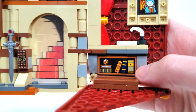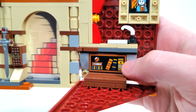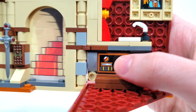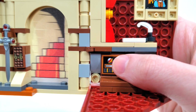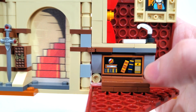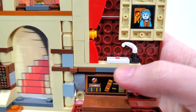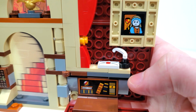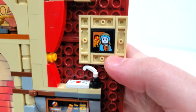Down here we have some books, one of which actually being another Hogwarts moment, the herbology book. We also get a reference to Neville's Remembrall, which I think is really cool, with a bit of red in there to note that he's forgotten something. We have a 1x2 print for a letter, a nice ink and quill, and then this reference is something that